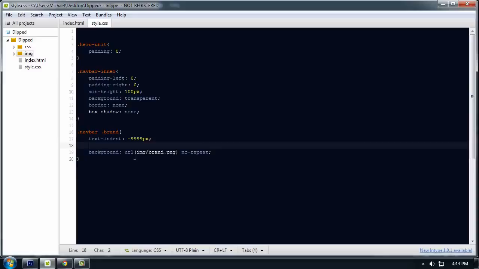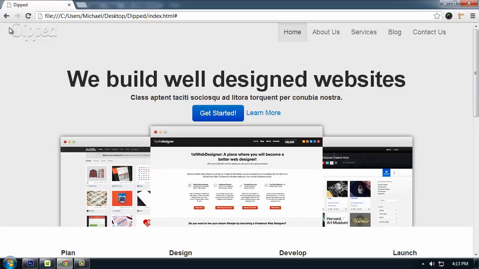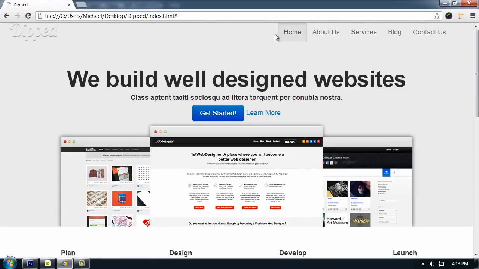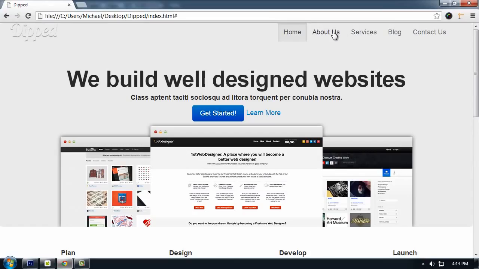So height will be 57 pixels, width will be 127 pixels, and the logo now is in place. Next is the navigation. For the active state, for that navigation, and for the links,